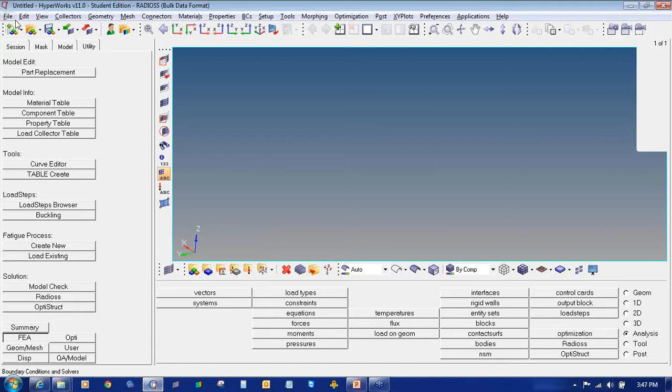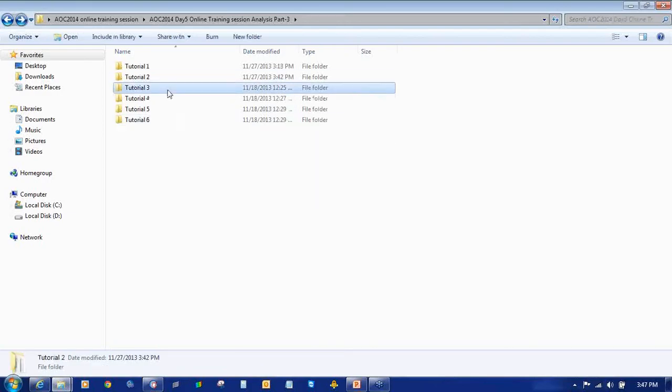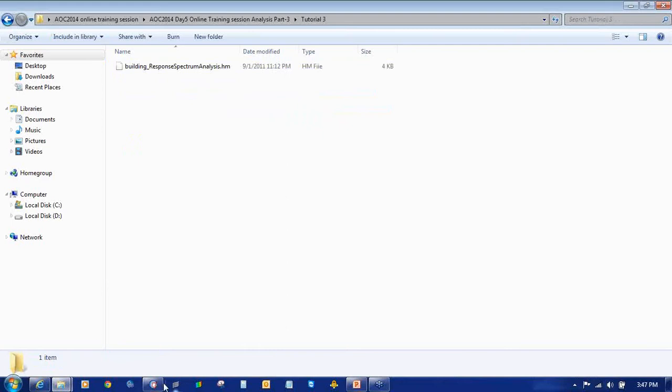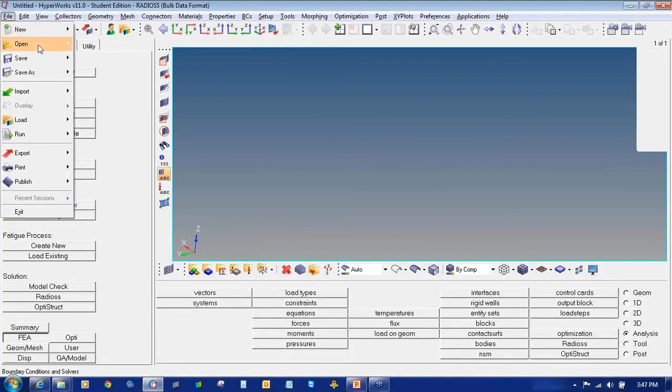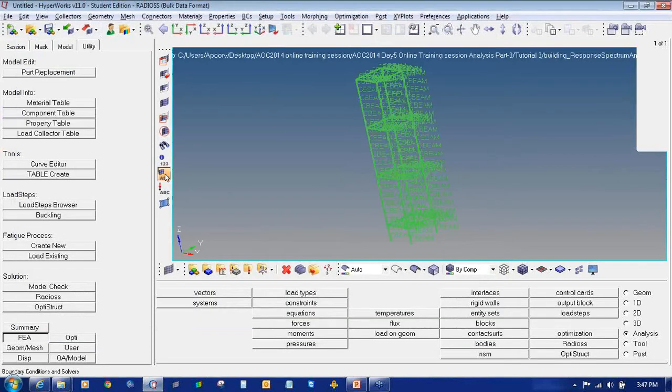So I will open the file. I will first check the file type is HM. So I will go to File, Open, Model. So this is my model.